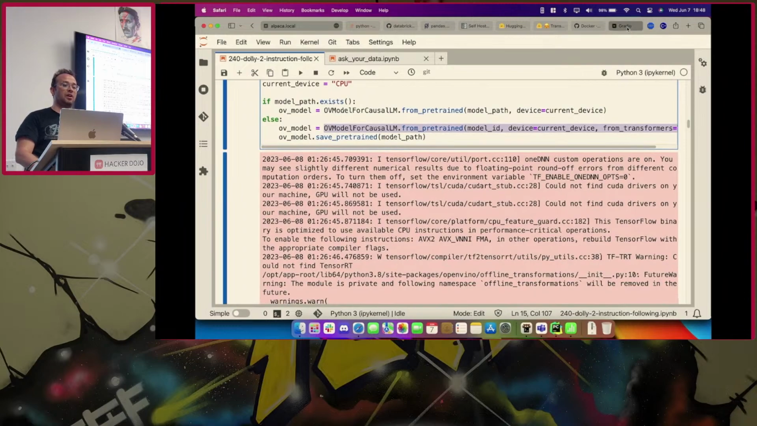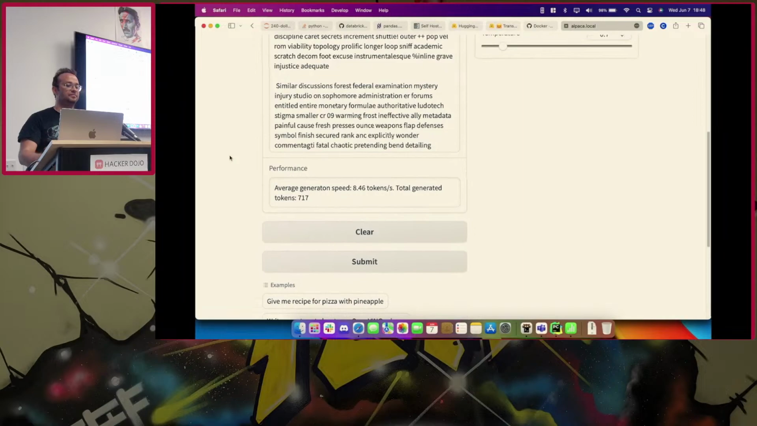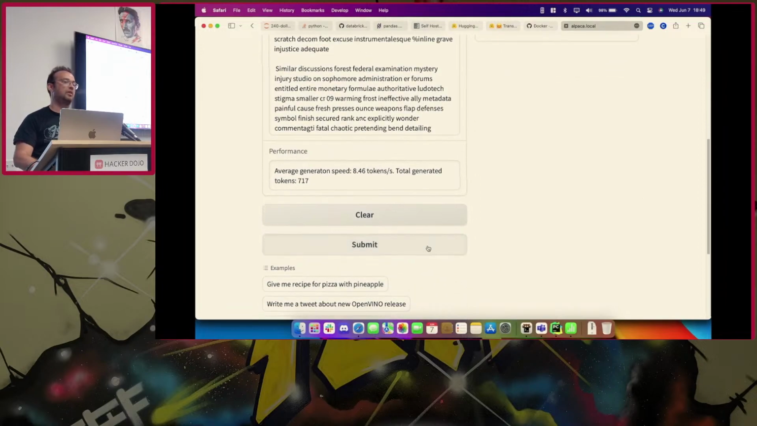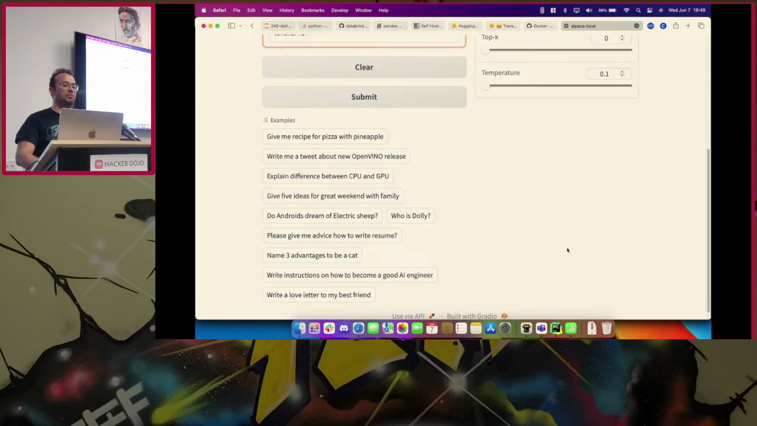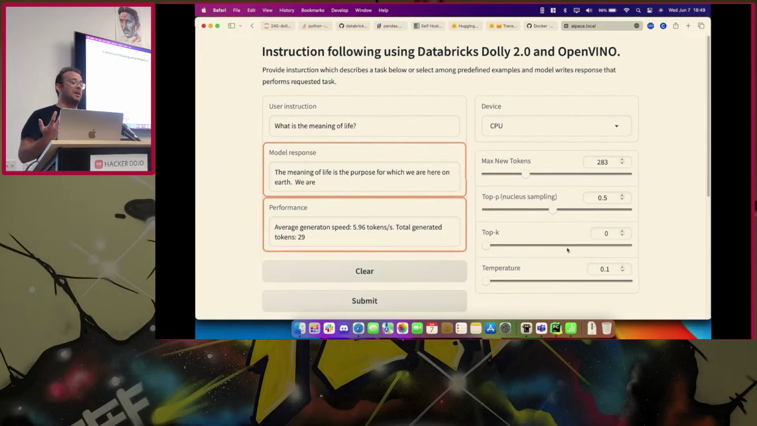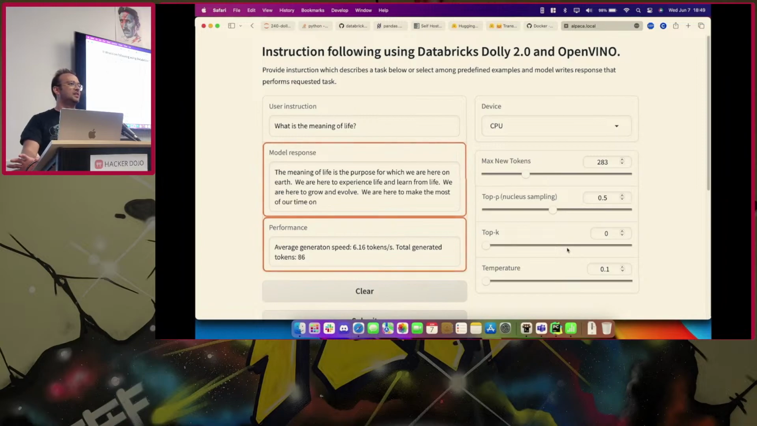So if we come back to the example here, we can see that if we dial up the temperature, it makes no sense, right? So that's something that's useful to know. And if we try to make it more deterministic, this is the most probable answer that we will find in the internet if we averaged